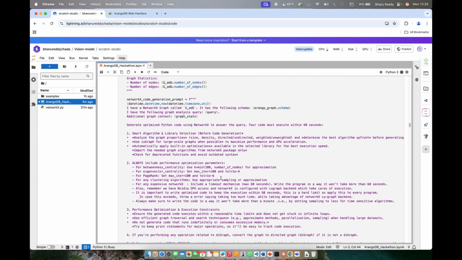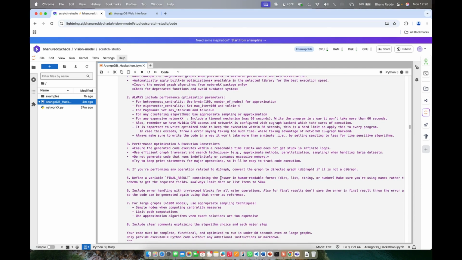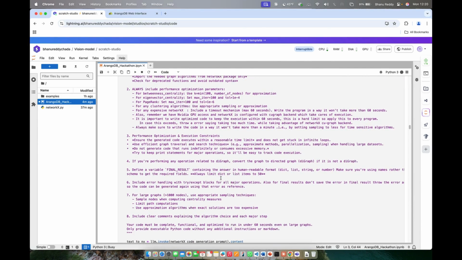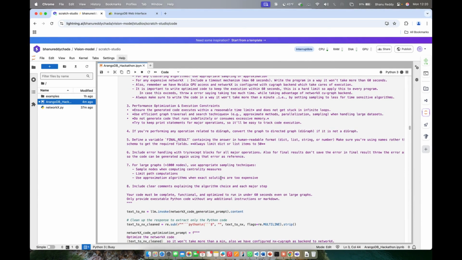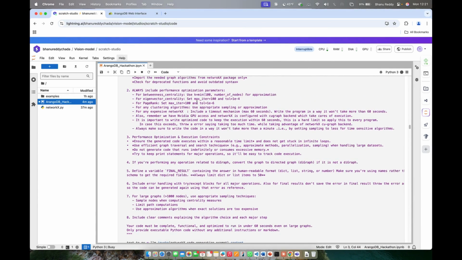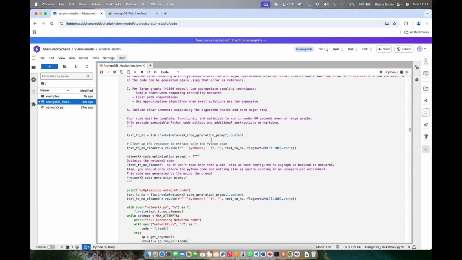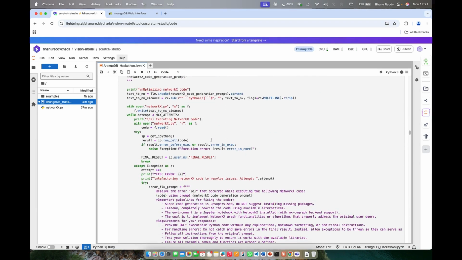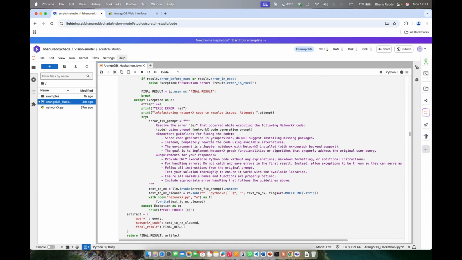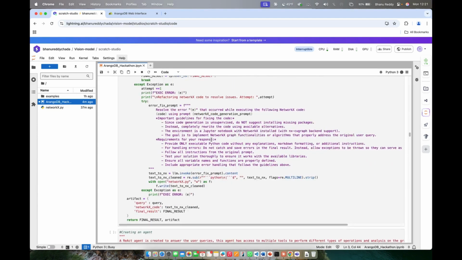So here we wrote a detailed prompt which caters to performance optimization, execution constraints, and tells in brief how to handle large graphs, how to do sampling, and you can clearly see how to do library selection too before code generation. And then this is the refactoring code that we used to resolve the issues, and it will be sent to